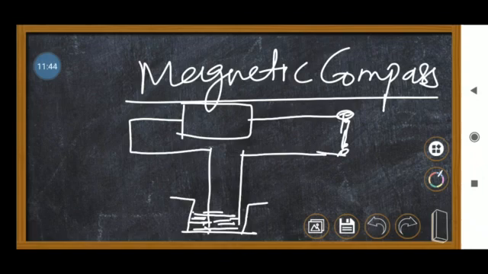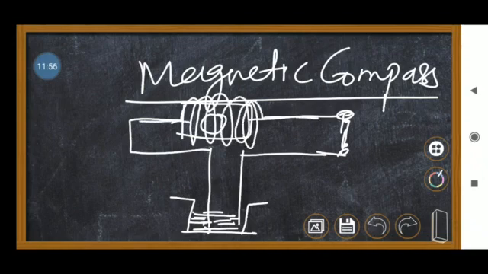So instead of that one, I'll take a magnetic compass here. You have to fit it, and you have to wind some wire around it. Wind some wire, and the free end you have to connect. Now if you switch on, what will happen? Here you have to connect the battery. Sorry, I forgot the battery here. So, the battery.